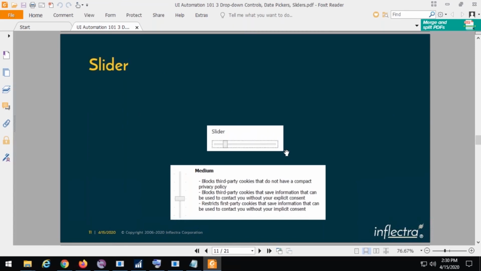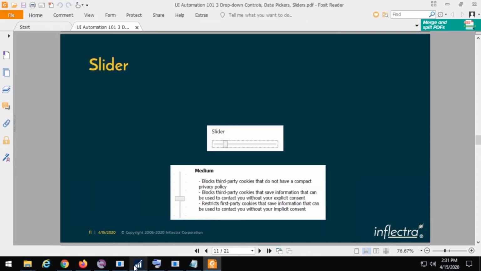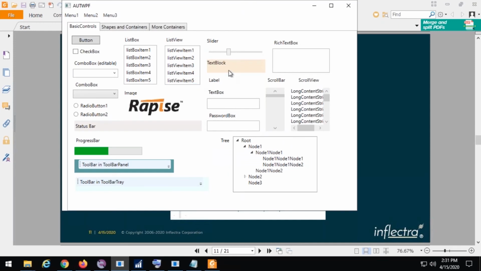So now we switch to our next target, which is a slider control. And to be frank, a slider does not look similar in any sense to what we considered before. Although, let's look in more detail at what we have. So let me find an application with a slider. So this one